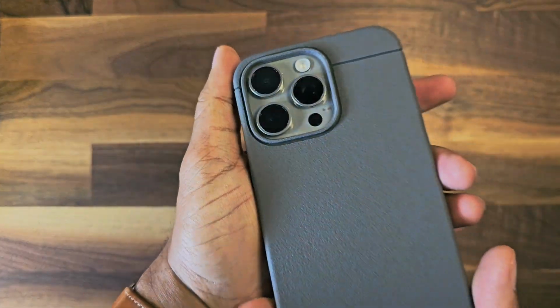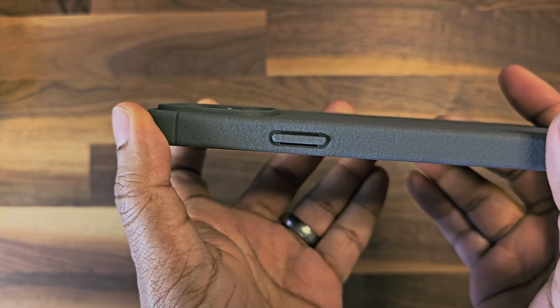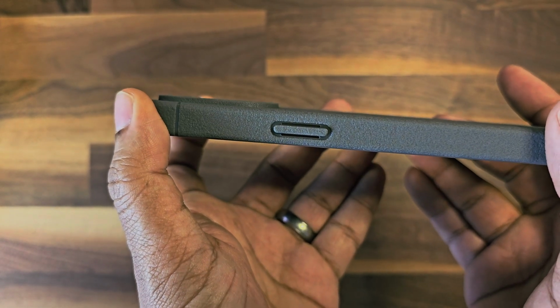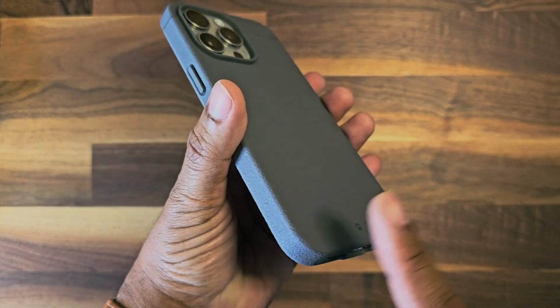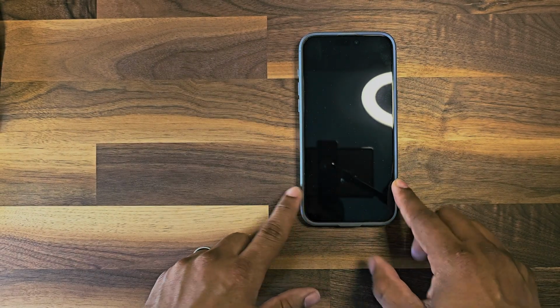And then going to the back, the minimalist branding. And I'm trying to see if I can get it in the shot right there. So it does have about a hair or two, maybe three, raised lip. It's going to protect your cameras. So this case right here is actually really nice. It doesn't have those raised corners like the Synthesis does. So on the back,